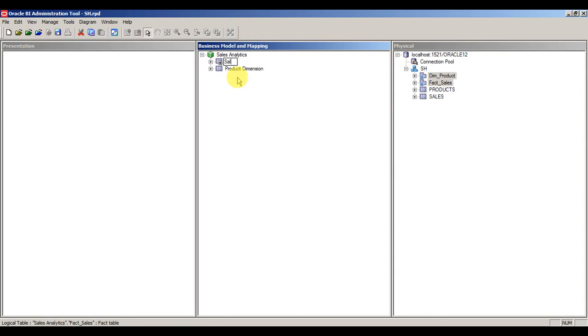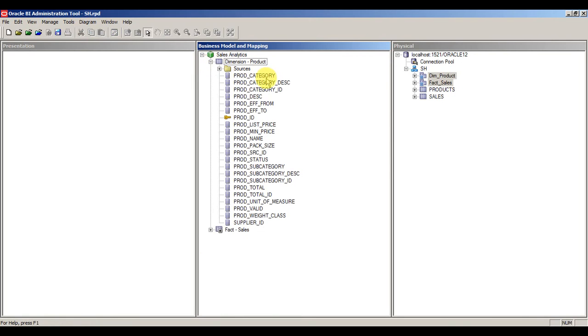And here you can see all the columns that they represent.